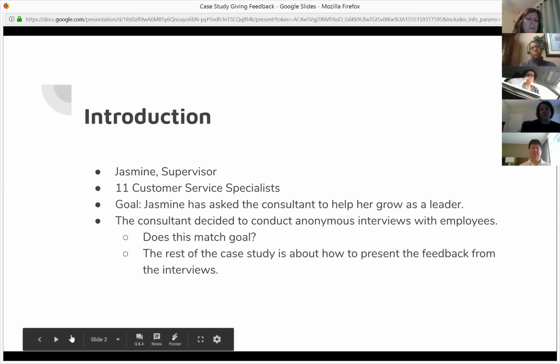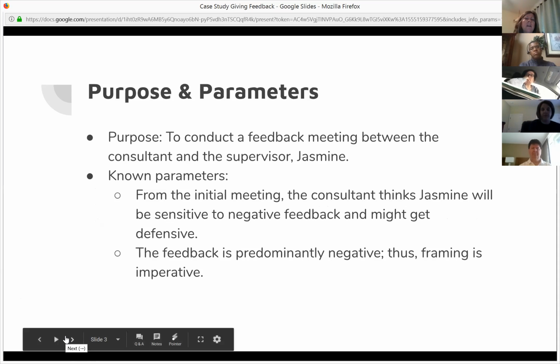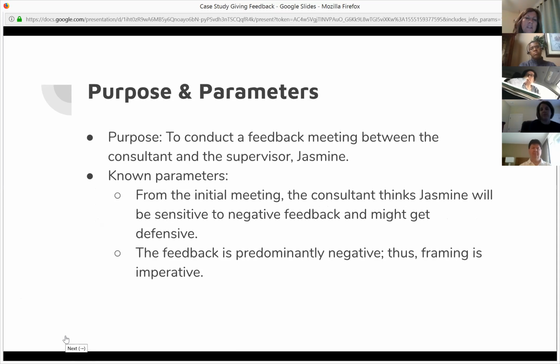So going forward, the purpose of the case study is to conduct a feedback meeting between the consultant and the supervisor, Jasmine, and how to do that. So we're presented with the responses by the 11 employees, and a lot of it's negative. So the known parameters for the case study are: from the initial meeting, the consultant thinks Jasmine will be sensitive